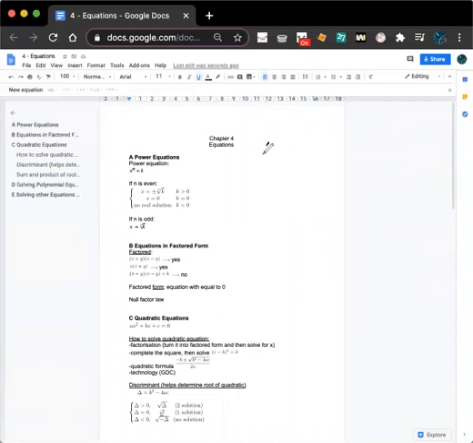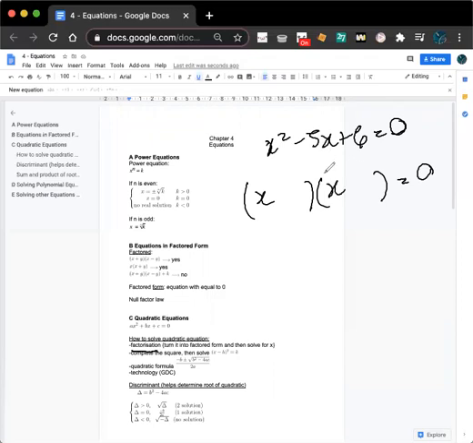Okay, so for example, if you have x squared minus 5x plus 6 equals 0, the way you do factorization is that you try to reverse engineer this to turn it into factored form. One of the ways you can do it is by guessing, by trying to test out some of the values. For example,